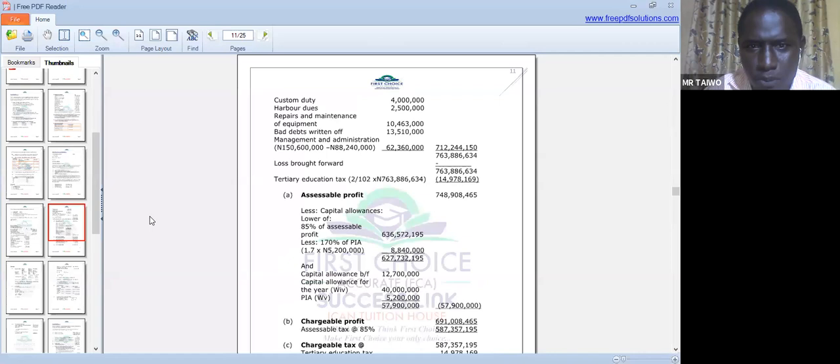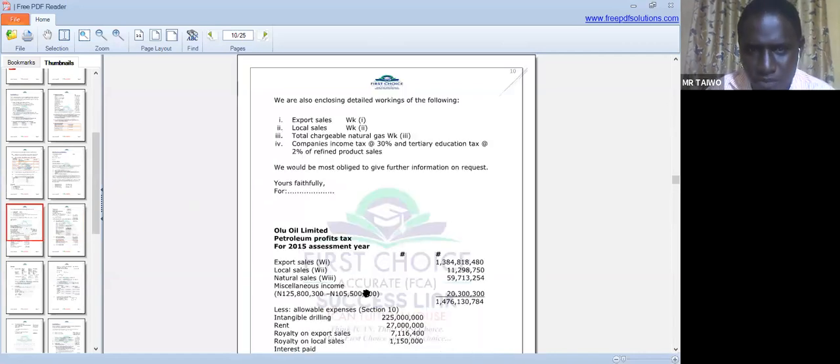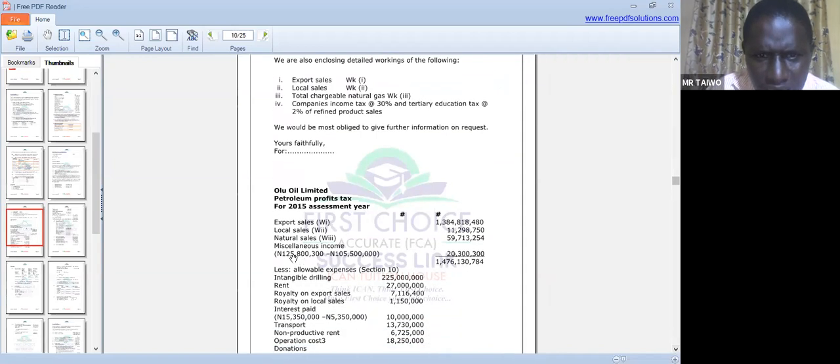Now, let's look at the way you put it. You can see they now say 125 million, which was what they gave in the question, minus the one that relates to the refining of the oil, and that's 105 million. The difference is 20,300,000. If I add all these four together,